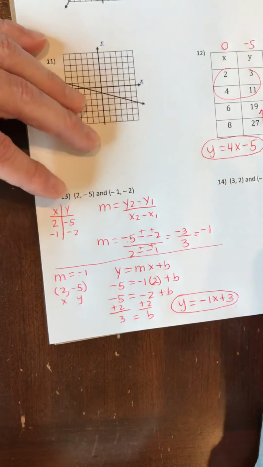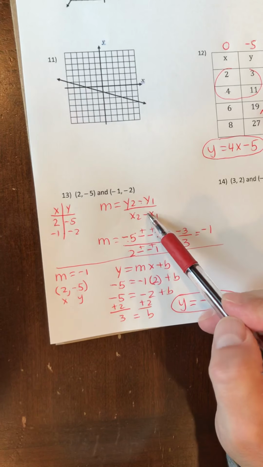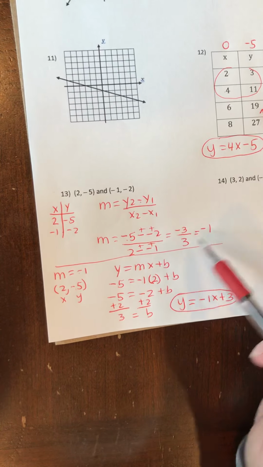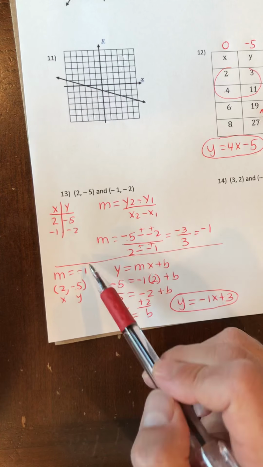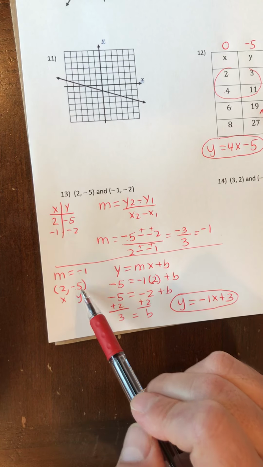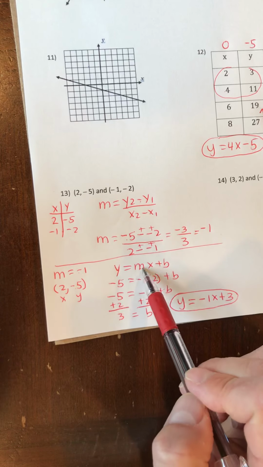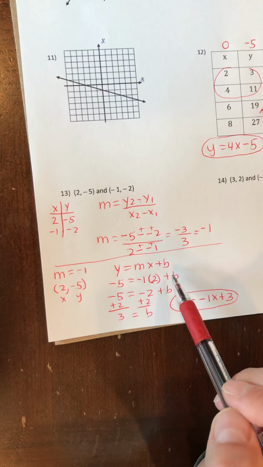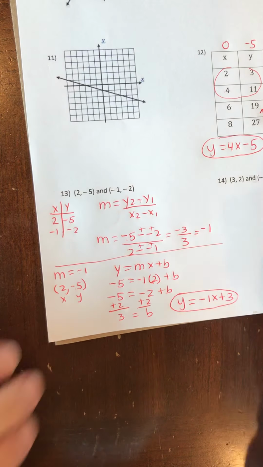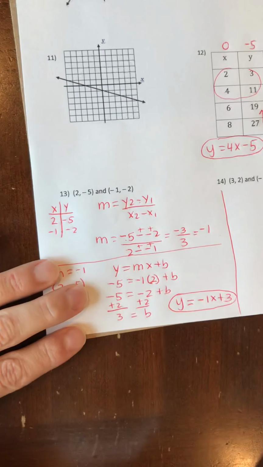All right, so the first thing you've got to do is find your slope. Then you take the slope, pick one of the points, plug in for y, for m, and for x, and then you solve for b, and then plug it back into mx plus b. All right,